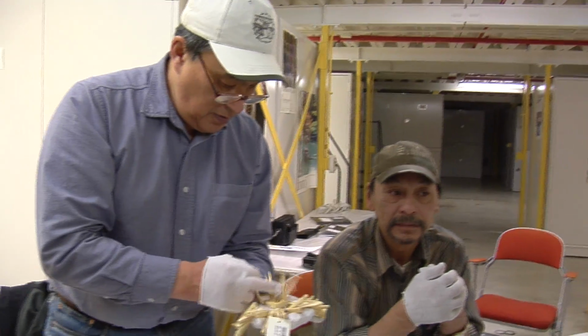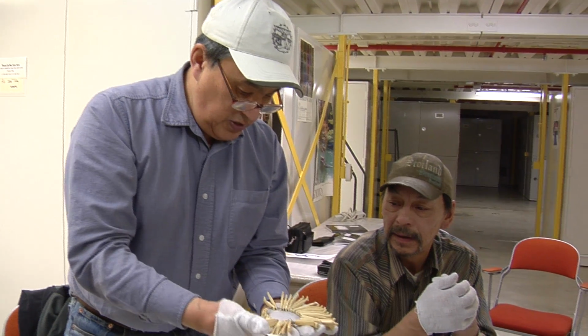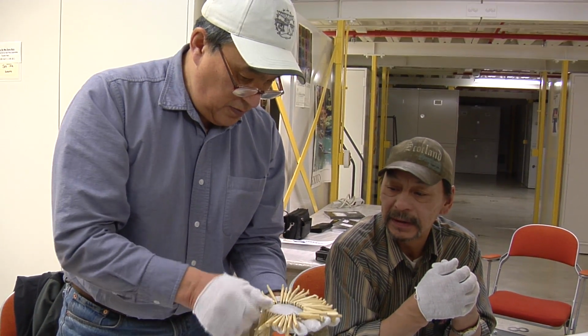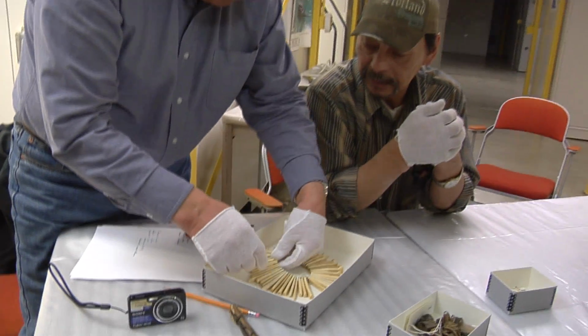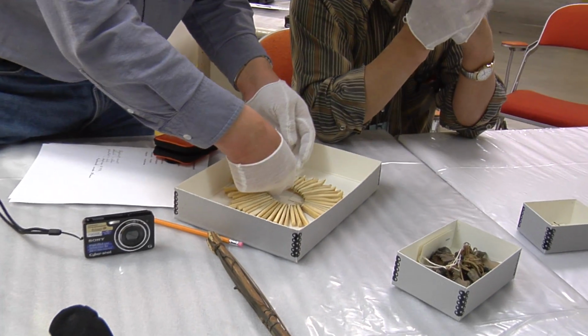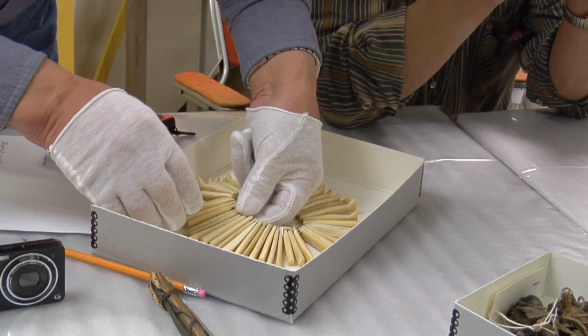Is that something that's unique to you guys? Have you seen one that's like that before? To me, it's unique. Yeah, I haven't myself. But I'm going to take a picture of it. And the other part is,